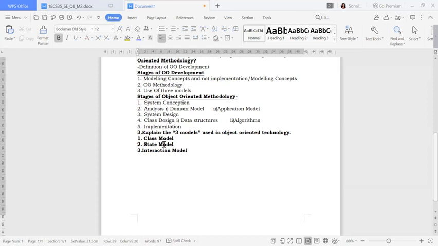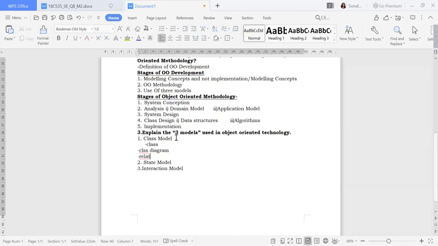Now again, these three models will also have some points, which you are going to highlight, and I'll write that down too. Inside your class model, you need to explain what your class is, what your class diagram is, and also you can explain the relationships among these classes.